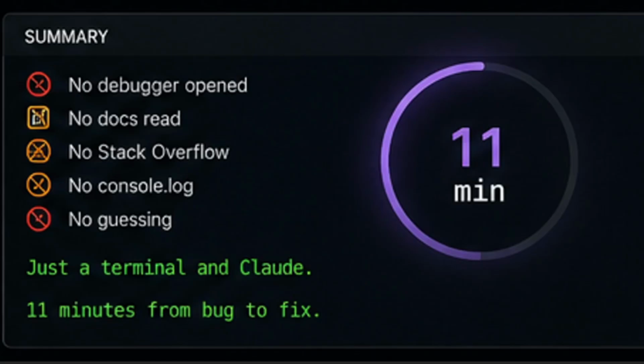Custom commands. You can define your own shortcuts for tasks you repeat constantly. A review checklist